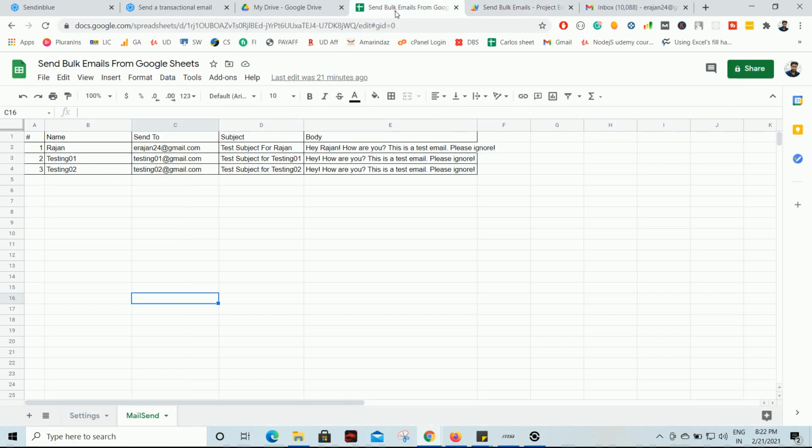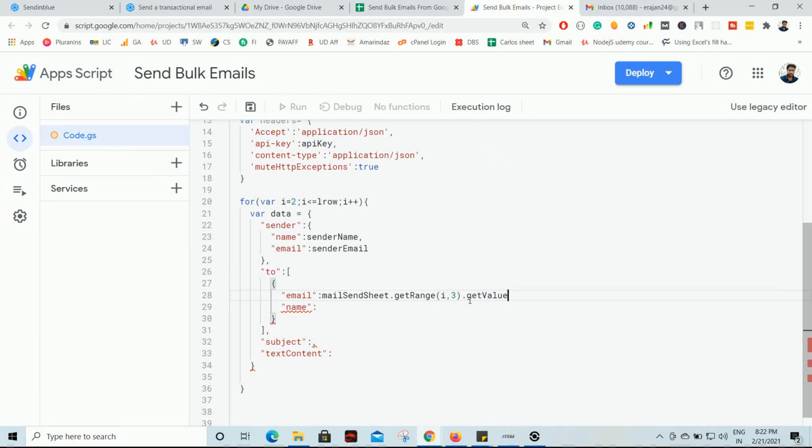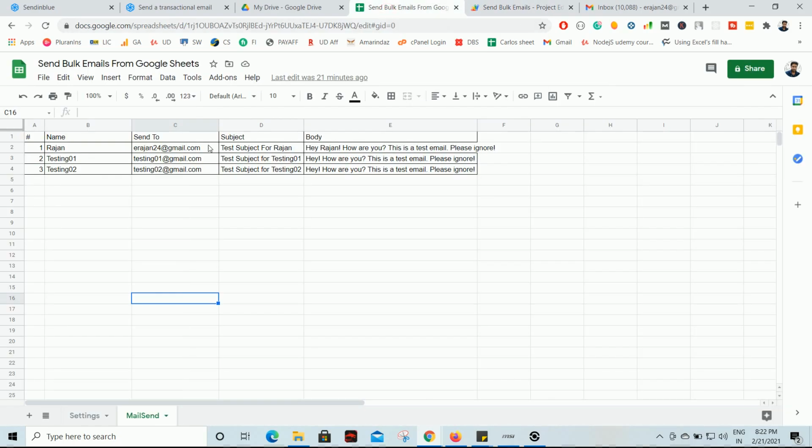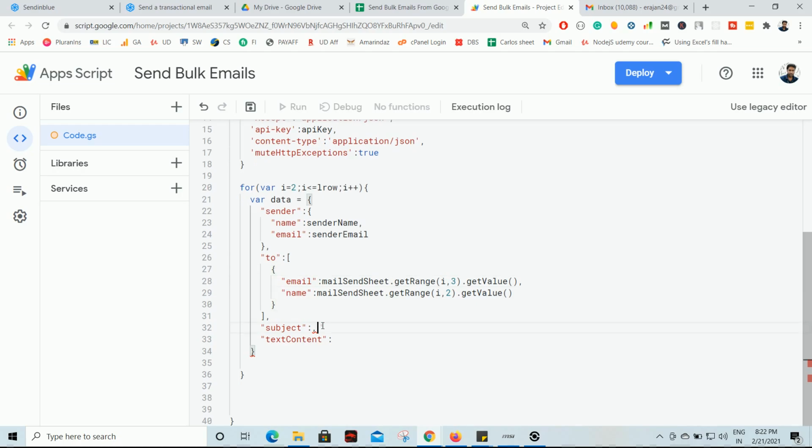And the email, we are storing that in column 3, so let's give column 3 and .getValue. So copy that. Name, we are storing that in column 2. Here it's throwing an error because we are missing the comma here. Just add the comma. That's it, we are good.